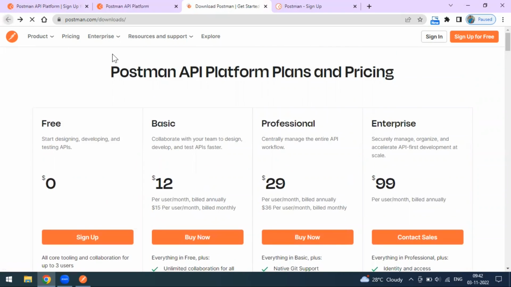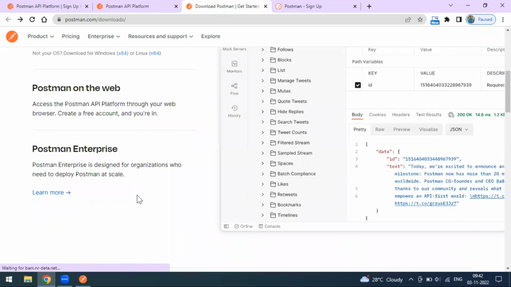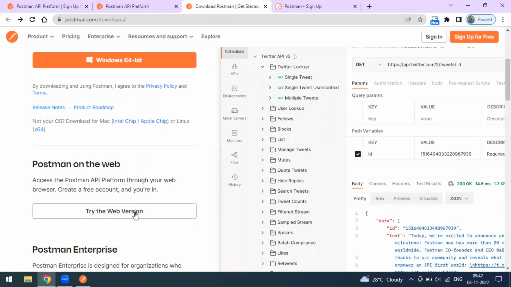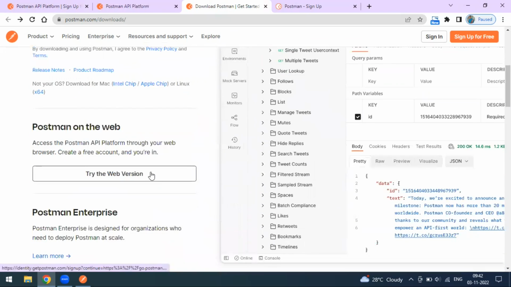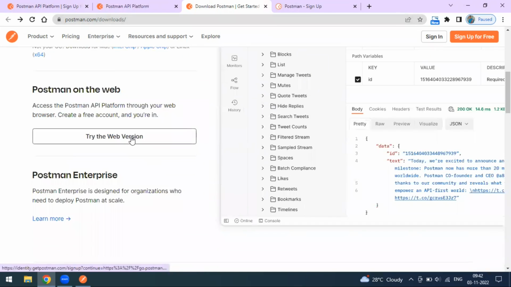Let me go back to the download page. So Postman is available on the web also, right? When you click on try web, you can directly download the exe file and install it if you want to use the native application, I mean, the desktop application, or it is available on Postman web also. Okay, so now if you just click on the try web version,